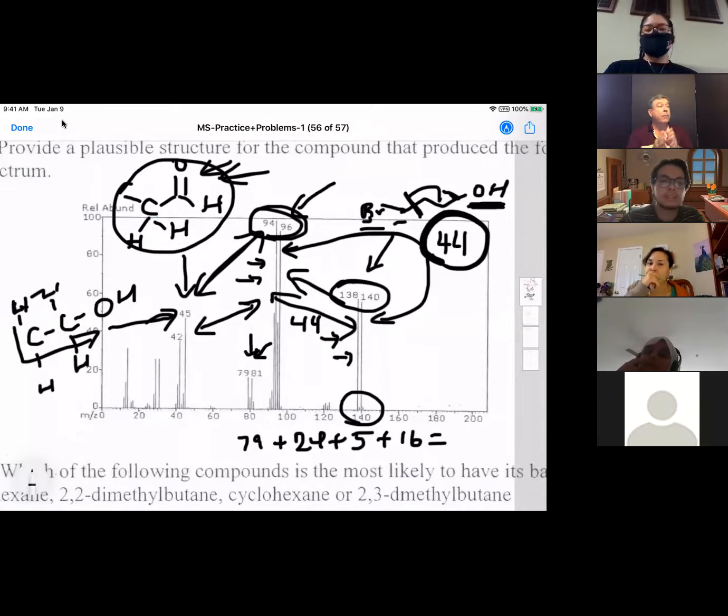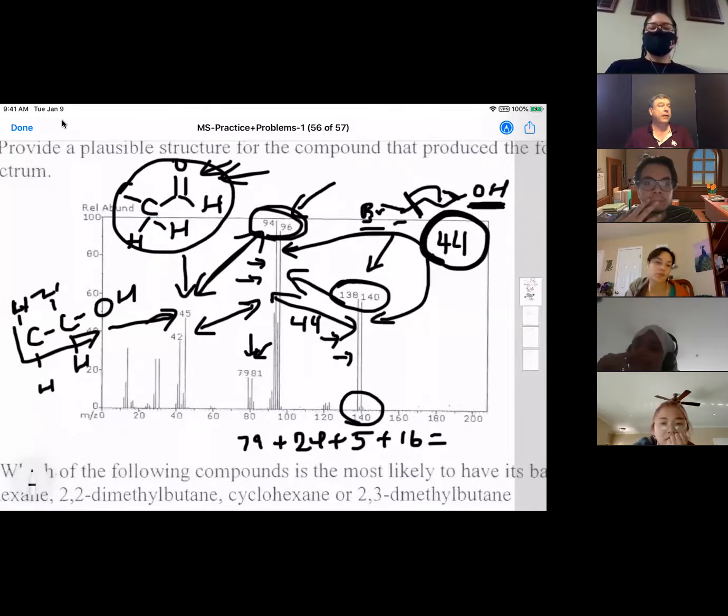Great question. Remember, the difference between 45 and 44 is the loss of a hydrogen. So we're looking at something that is, number one, very easy to lose, and all you have to do is fragment it in a slightly different way. So what you would typically look for is your mass plus or minus 1, to build that piece of information. But notice how we kept adding information to the system, and then we took information away when it didn't fit the other fragments. So now all the fragments fit together, right? So it's kind of a puzzle problem, in that you have to take the ones that you have and